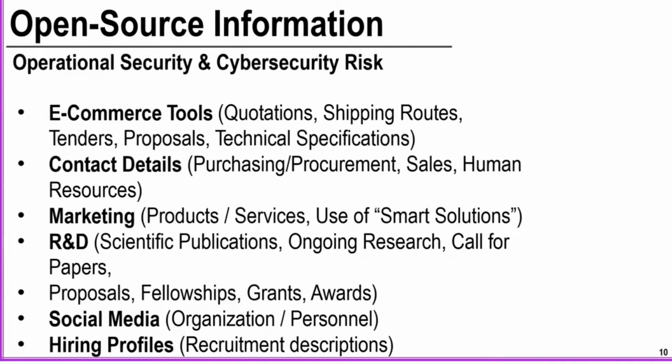For instance, information available in quotations, details about shipping routes, tenders, proposals, and technical specifications could be a valuable source of information to proliferators. Other open source information, such as contact details, product details, scientific publications, ongoing research, smart solutions,